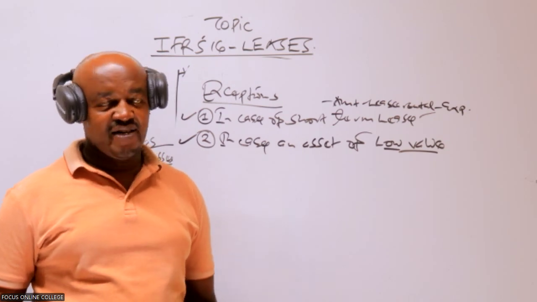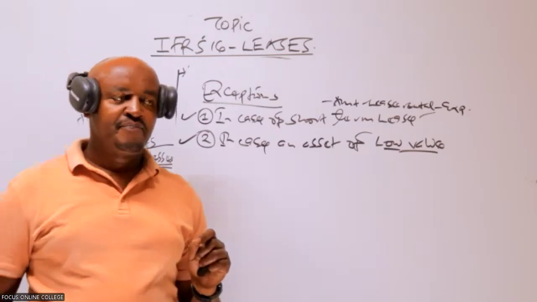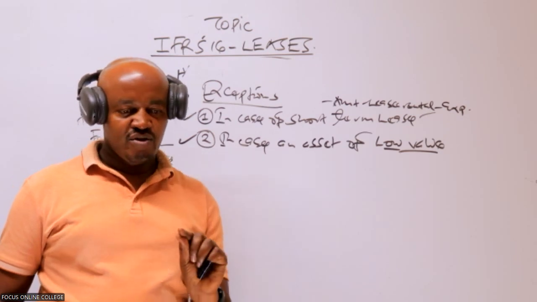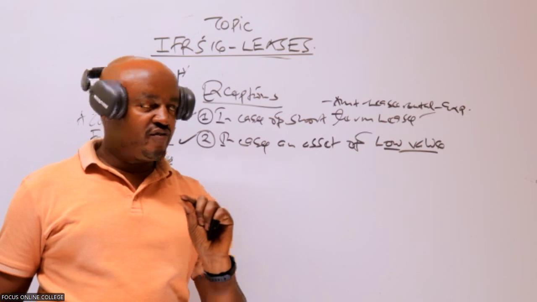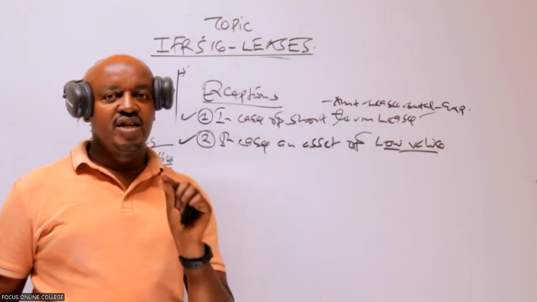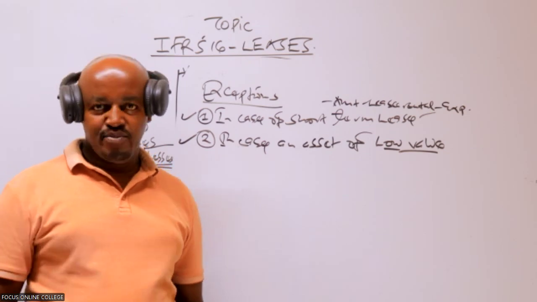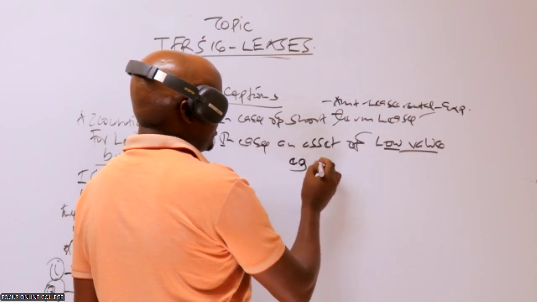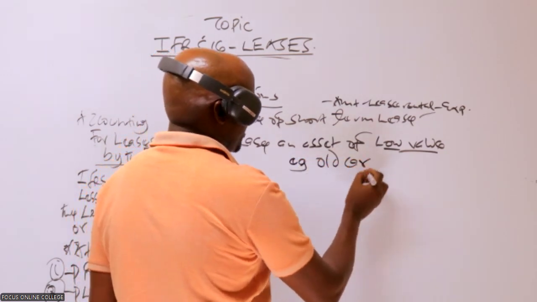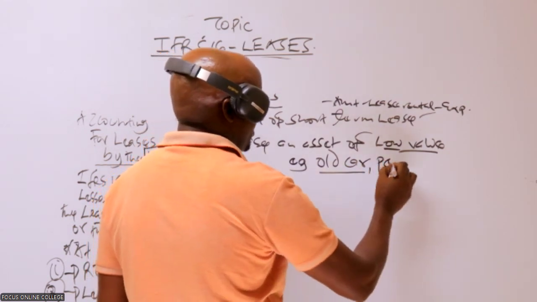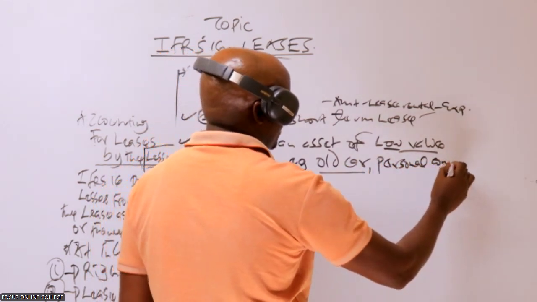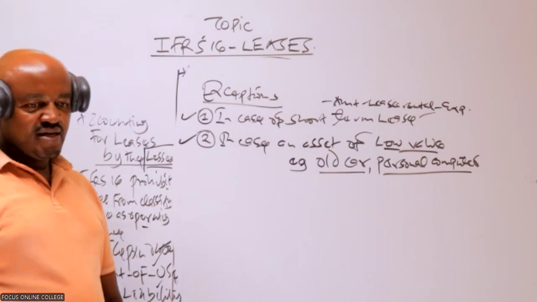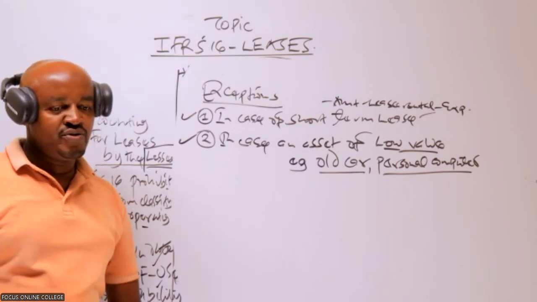Now, this standard IFRS 16 does not specify the value of an asset which is regarded to be of low value, but it has given examples. A good example of an asset deemed to be of low value is an old car. We also have something like a personal laptop, or a personal computer. So if you use any of these assets, an old car or a personal computer, then in this case,